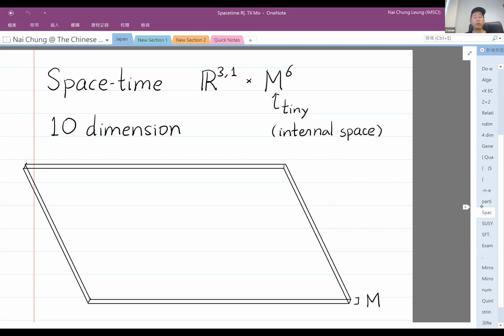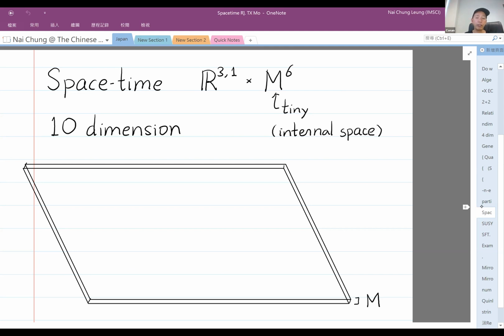But this is so counterintuitive, because the way that we think about the world we live in is 3-dimensional plus time, which is 4 dimensions rather than 10 dimensions. The way to resolve this is that the extra 6 dimensions are just so tiny that we usually cannot perceive them with our naked eye. Those are called internal space. So this is hypothetical. This is one way to relate it to our real world 4-dimensional field instead of 10.